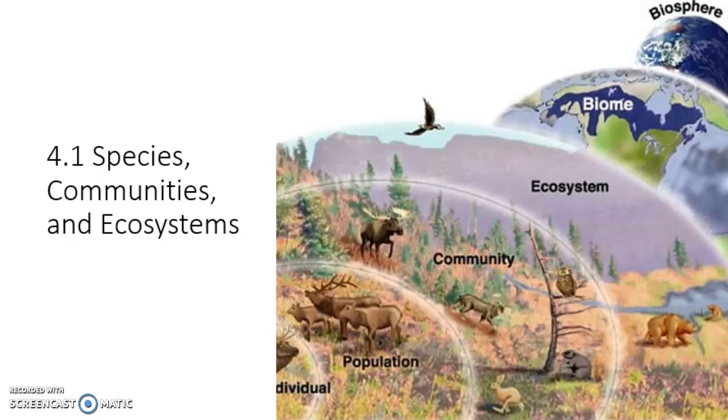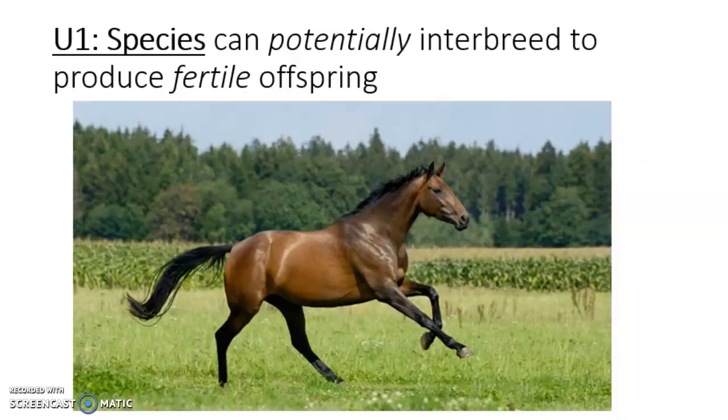So this is our first video lecture. This is section 4.1 called Species, Communities, and Ecosystems. So we'll start by reviewing the definition of a species. Here we go. You should know by now that a species is a group of organisms that can potentially interbreed